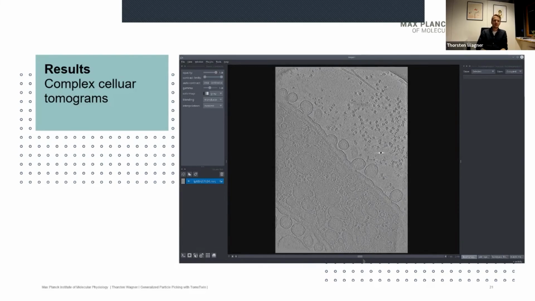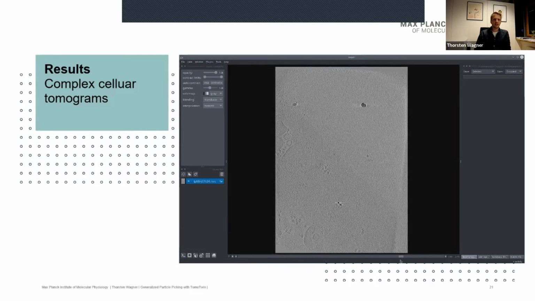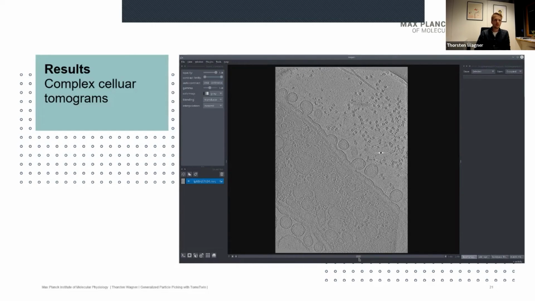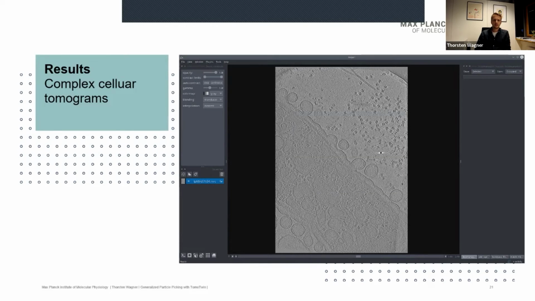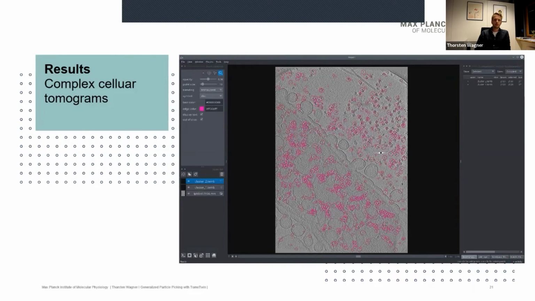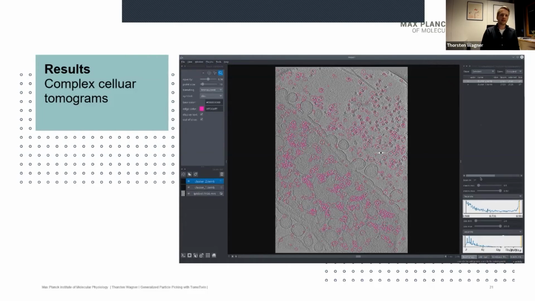Here you see the tomogram. Perfect. So now what I do next is I'm loading the results that TomoTwin produced. We have 2 references here. I select one of them, and now I adapt the box size to a more reasonable value, and then you can start filtering. So I adjust the confidence threshold, and you can be more strict or less strict. I find one specific value, and basically that's it.